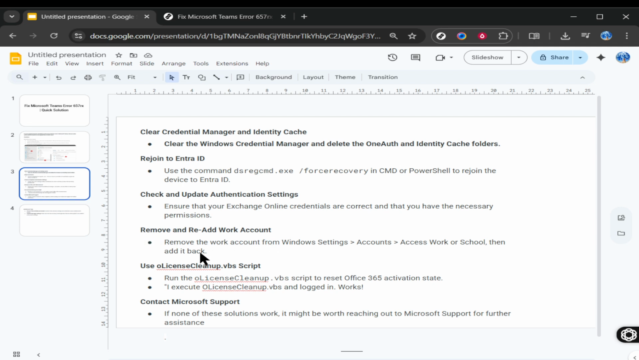Just a couple of final notes. Make sure that your device's time and date settings are correct. Incorrect settings can often lead to authentication issues. Additionally, check your email app settings, especially if you're using Outlook Desktop, MAPI, and ensure they're enabled in the user settings. With all these solutions and tips at your disposal, you're well equipped to tackle the Microsoft Teams error 657RX